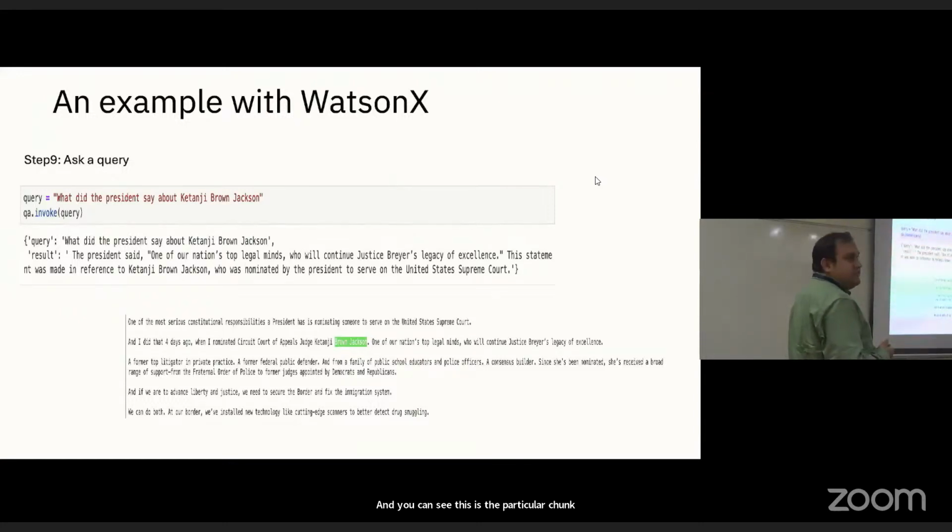the Slate retriever model retrieved, where you have the relevant information where this question can get answered, and it does consult the relevant information to come up with the result that the president said one of our nation's top legal minds will continue Justice Breyer's legacy of excellence. Okay, and all of this stuff, this is kind of the step 1 to 9, instantiating